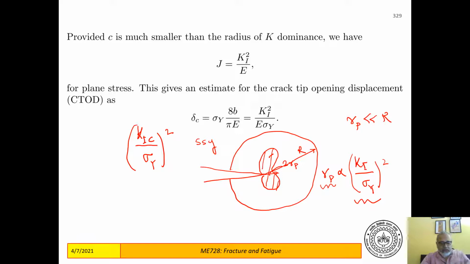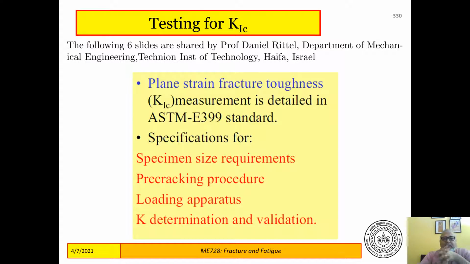of this week's lectures. So let me first look at the first question, which is how does the idea of small scale yielding affect fracture testing for K1C? How does it affect the determination of the fracture toughness? Now, to do that, we have to see how fracture toughness is determined. We generally determine what is known as a plane strain fracture toughness. I have already told you that plane strain is valid if plane strain